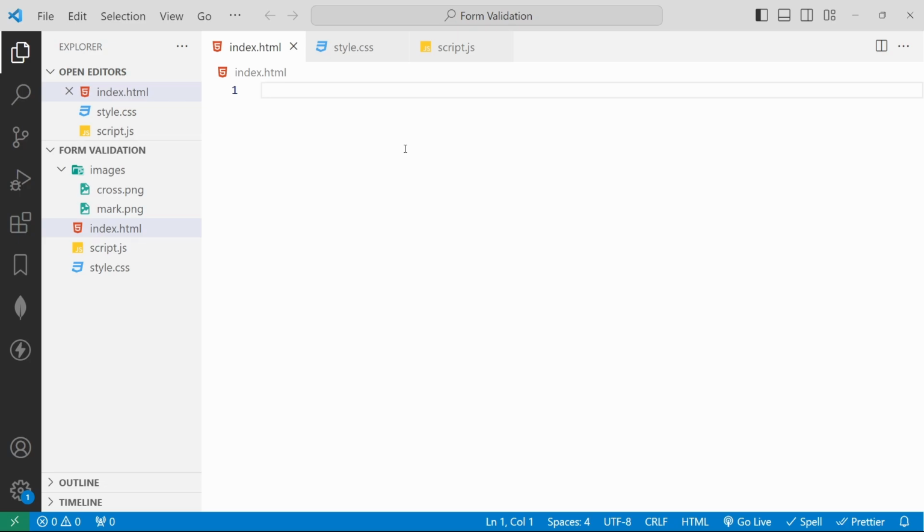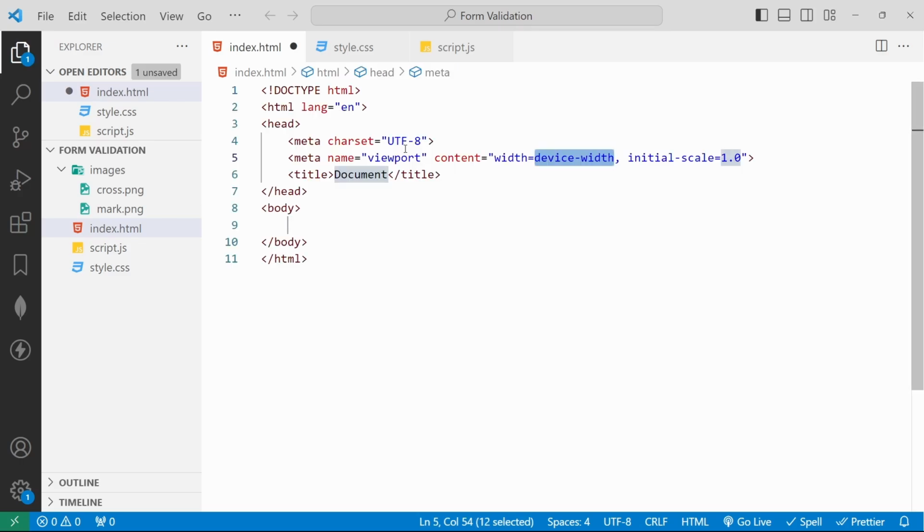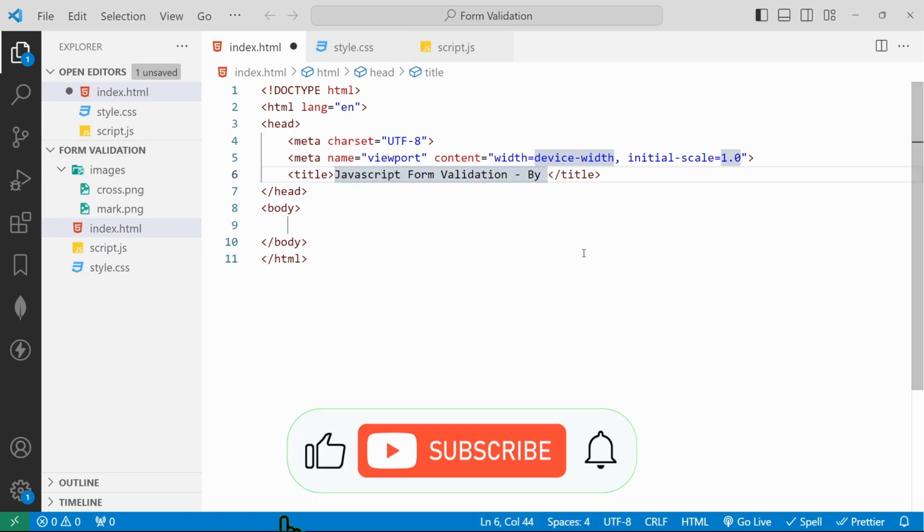We'll start adding the HTML elements into the index.html. For that we have an Emmet abbreviation. We'll type exclamation mark and hit enter. It will automatically create an HTML boilerplate, and then we'll change the title to JavaScript form validation by Sharachandar K,